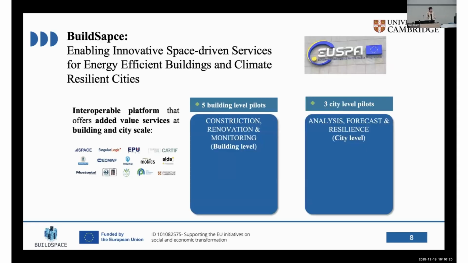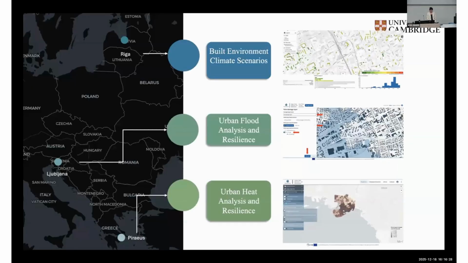This is a European project, and we have building level functions and city level functions. We have the platform for three cities in European countries for three scenarios, which are built environment climate scenarios, urban flooding analysis and resilience, and urban heat analysis and resilience.